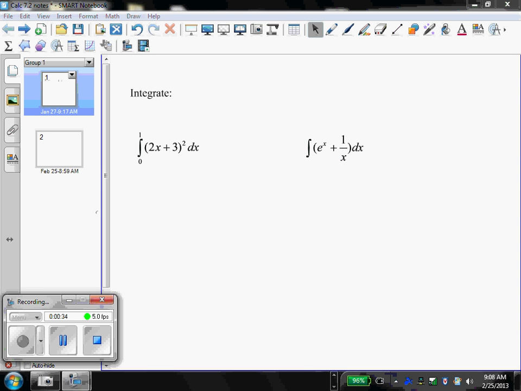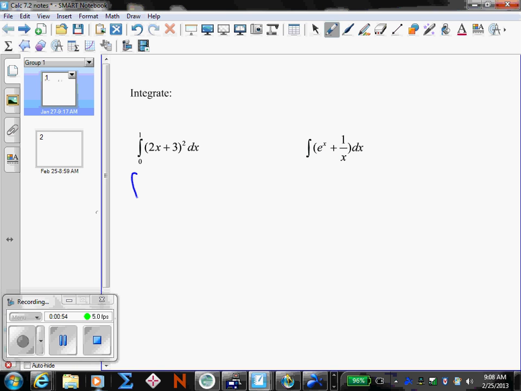Okay, so you've had a few minutes to work the integrals. Let's see if you got them right. The first one, we can work a couple of different ways. We can use the substitution method, which you're just learning how to do, or you can use your power rule. So let's work it using the power rule first. So the integral from 0 to 1, I'm going to FOIL this out to get 4x squared plus 12x plus